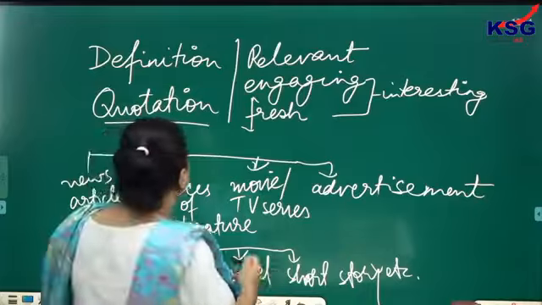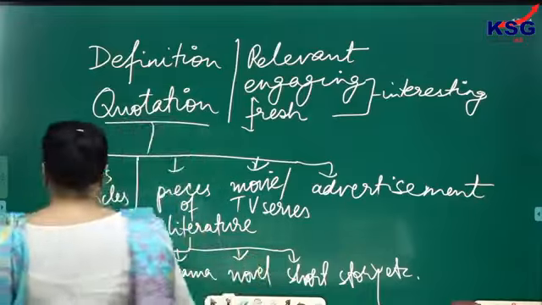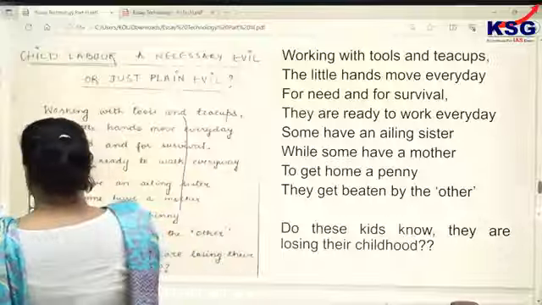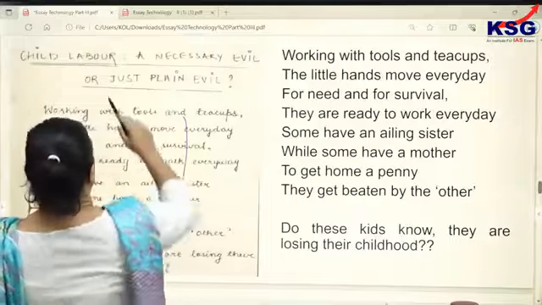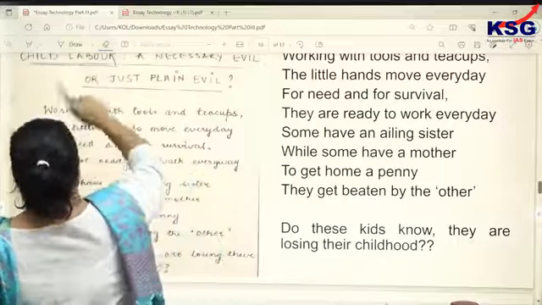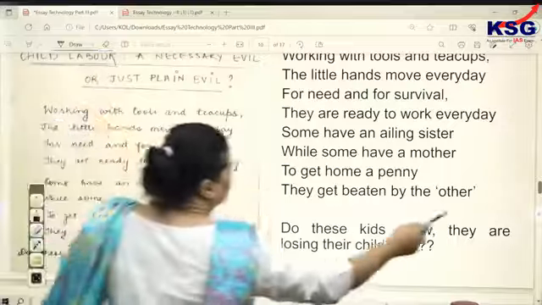Now, after this definition or quotation as types of introduction, when we are discussing this given subsegment of types of introduction, we all can come up with